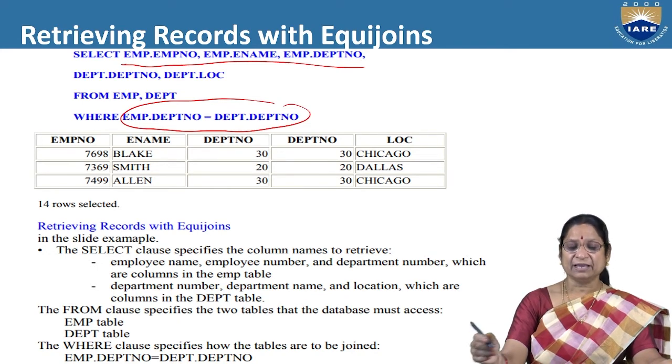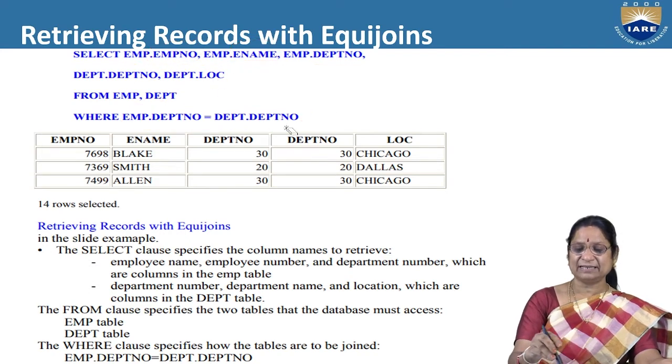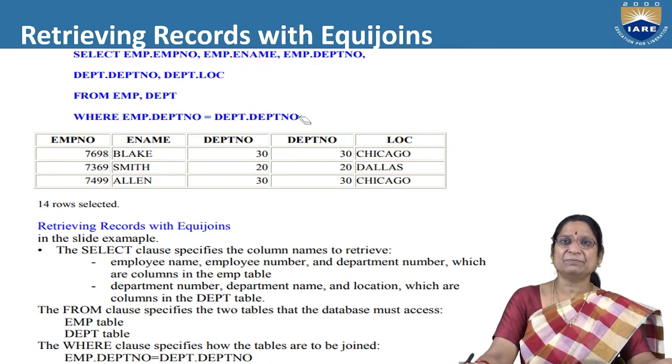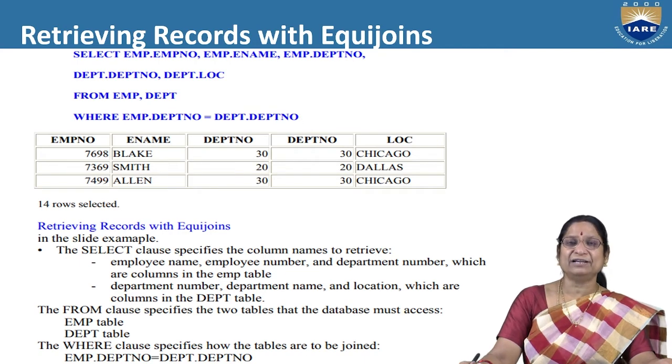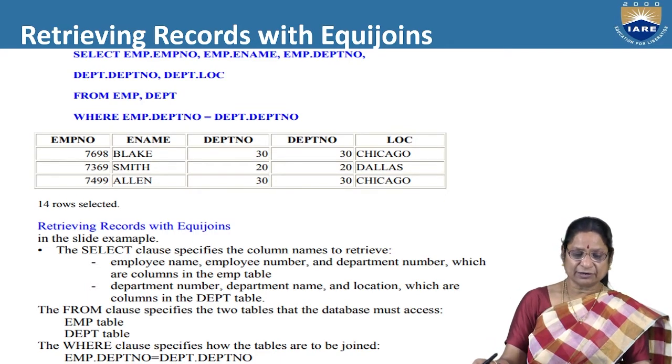You observe here, we are using emp, but for emp number and ename, we need not give qualification because emp number and ename don't exist in both tables. They exist only in the employee table, uniquely. So there is no need to specify the qualifier. So the records are going to be retrieved with the equijoin.